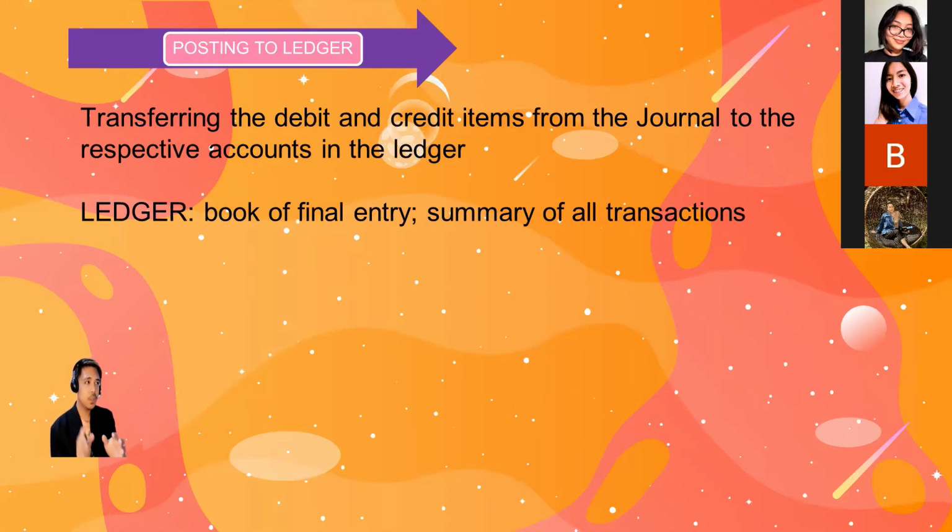What we're actually doing in step number 2, posting to the ledger, is simply we post the debit to AR to the receivable ledger, and the credit to sales to the sales ledger, no? So it's just like imagine you have a T account, no? So you simply have to put it